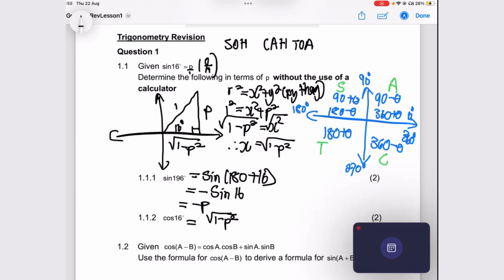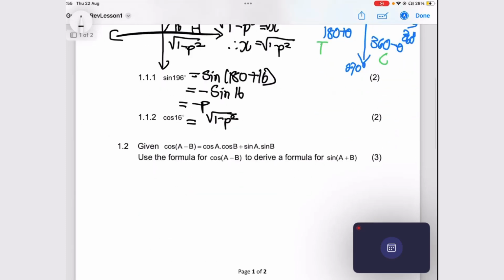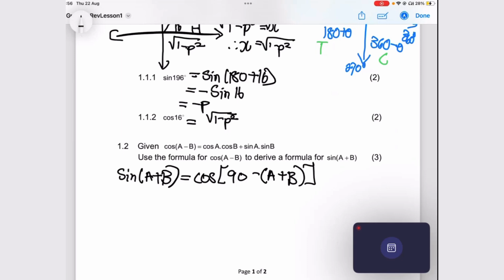Is that fine? And then what we go to do is we look at 1.2, where they give you the compound angle formula for cos. They say use that compound angle formula for cos to find the compound angle formula for sine. So this is a proof that you need to learn and know by heart because it can be asked at any time. So we've got sine of A plus B. Now we're going to change this into cos by using the cofunction. So it's 90 minus (A plus B), right? We're going to write that as cos of 90 minus (A plus B),